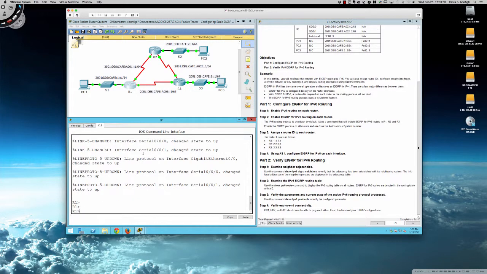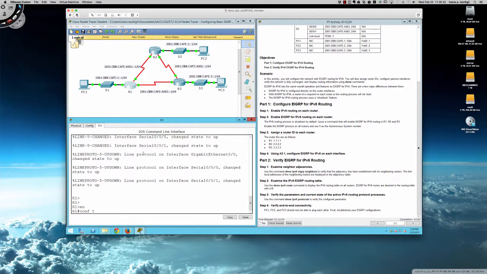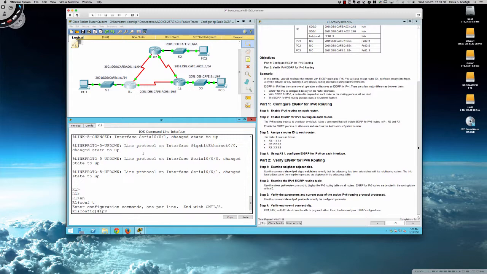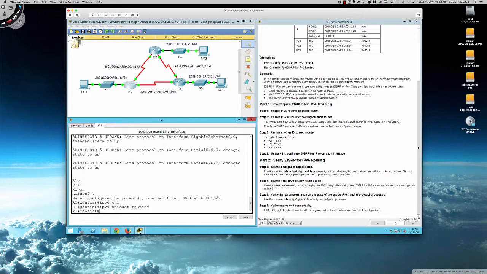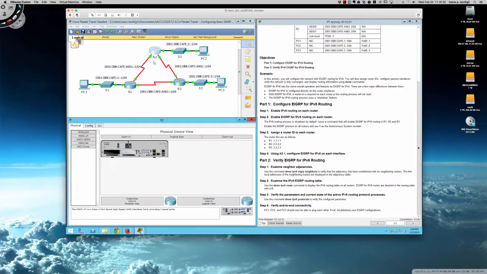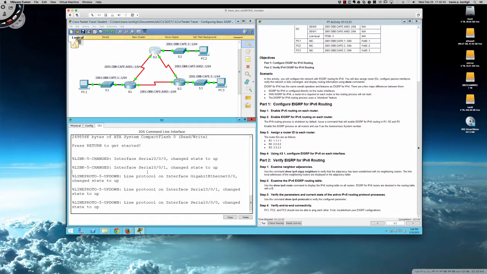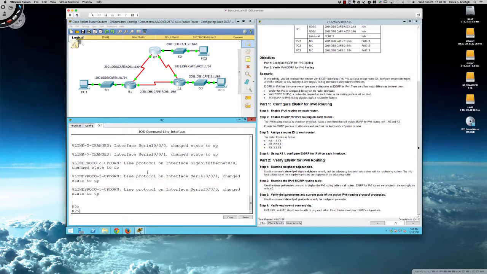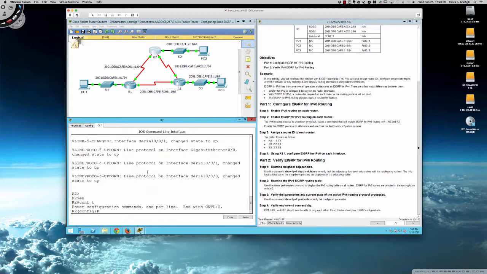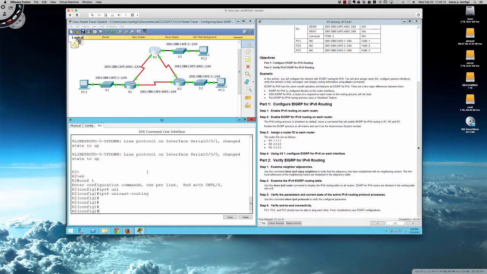Let's come over to router 1, where we'll say enable, config t to get into global config, and then ipv6 unicast-routing. And then we're going to do the same thing on router 2. So we'll go from user exec to privilege exec, and then into global config and ipv6 unicast-routing. All right, so now that we've got IPv6 routing enabled on each of the routers,